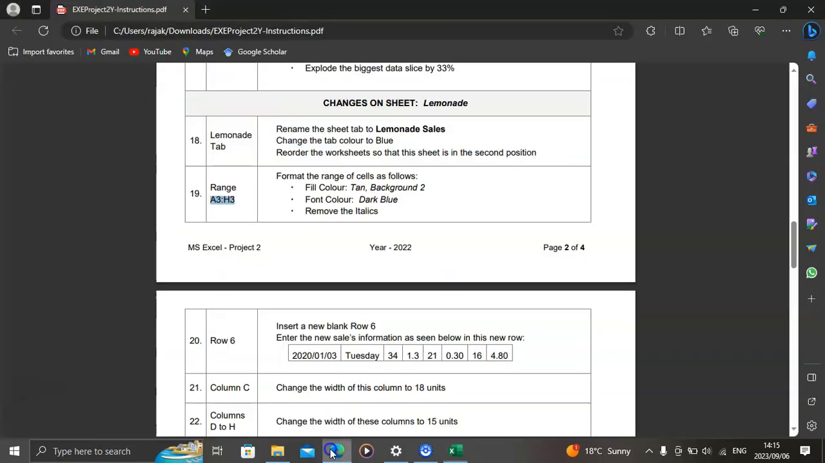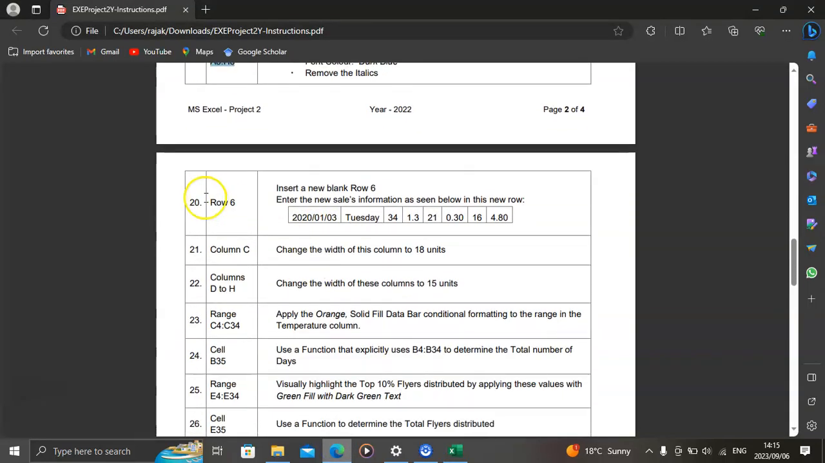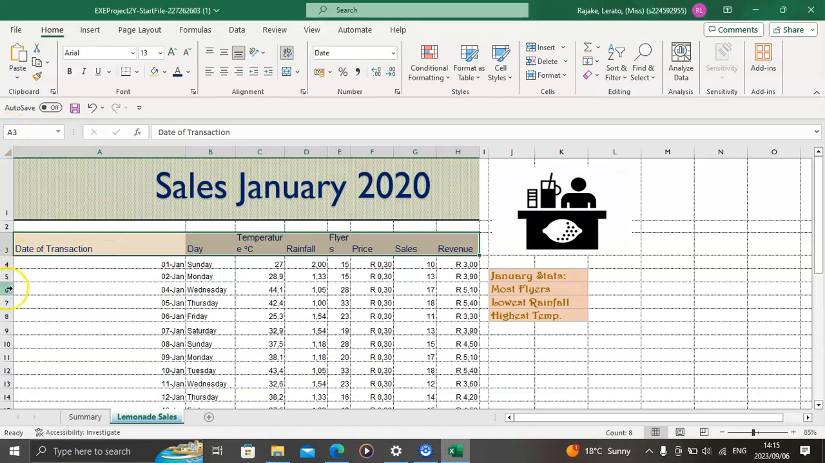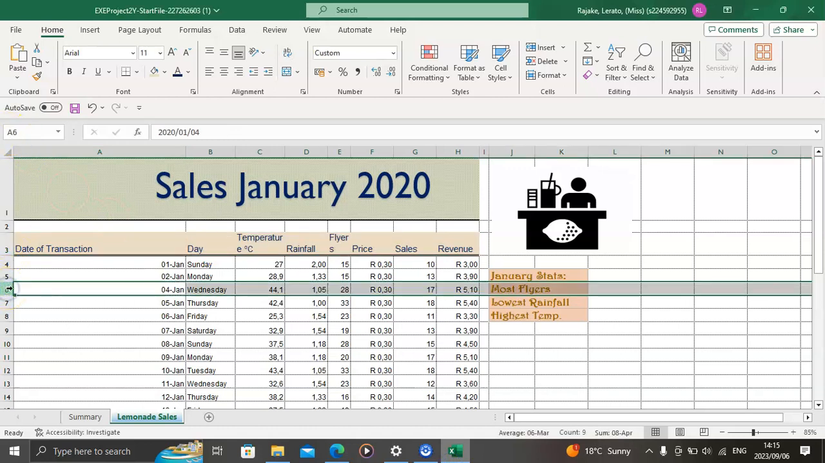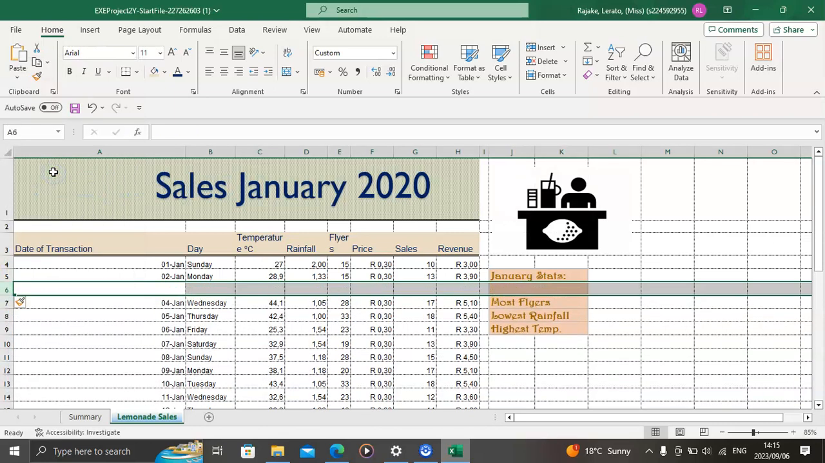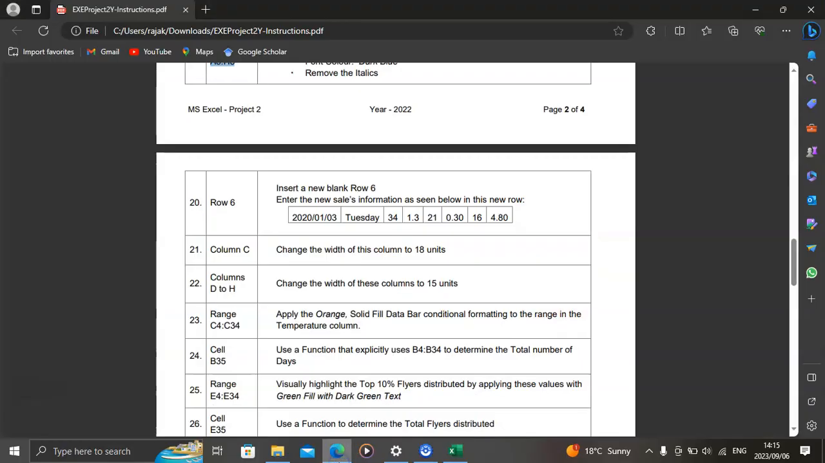Okay, let's go to the next instruction. It says insert a row 6. Insert a new blank row 6. We're going to go to row 6, select it, right click, press insert, and then it says type